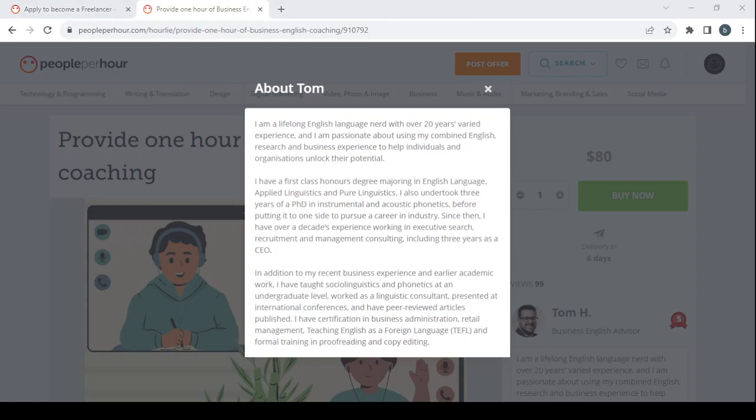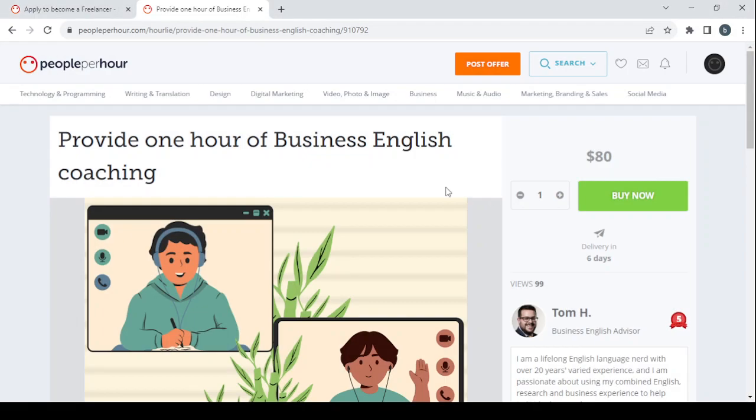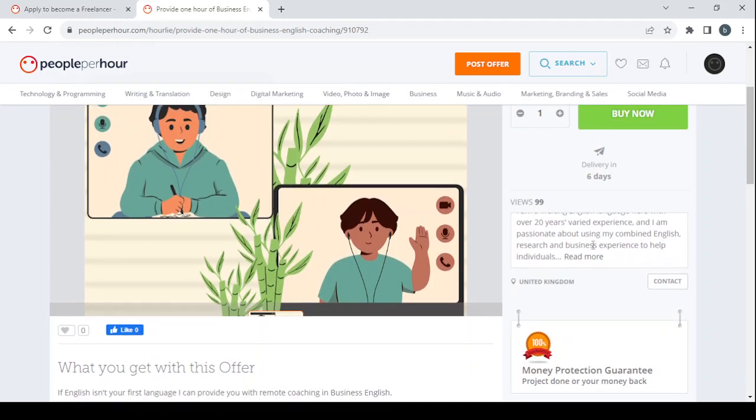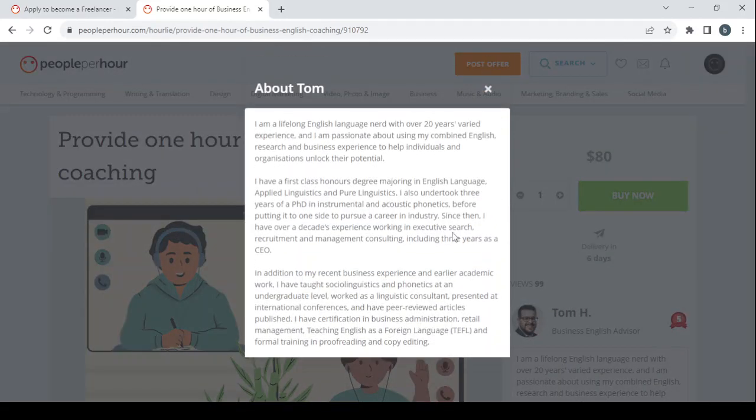So this is a very good description to get inspiration from, guys. So here you will just need to, if you are lazy, just change these paragraphs with your personal information, and make sure to keep it organized in order to make it easier for